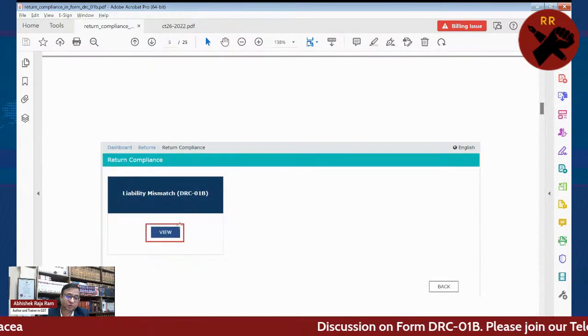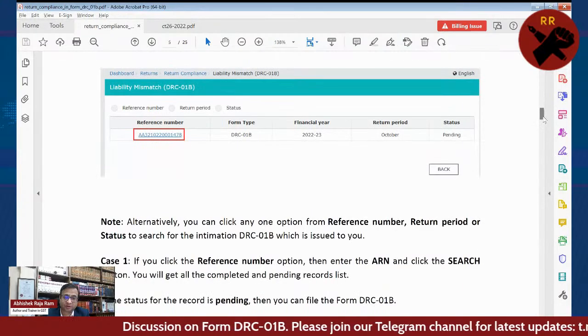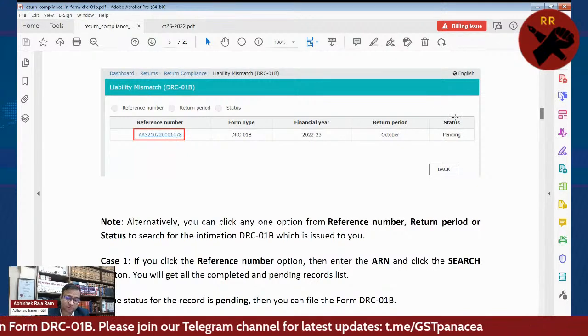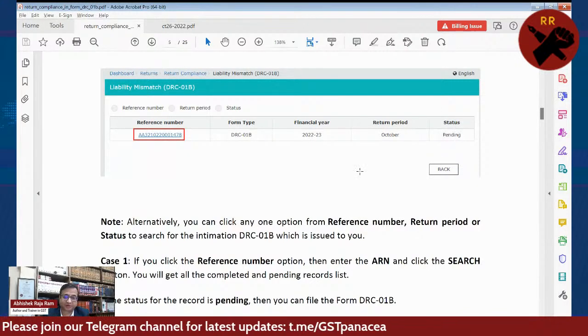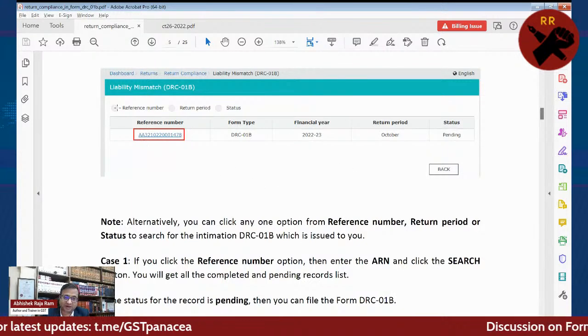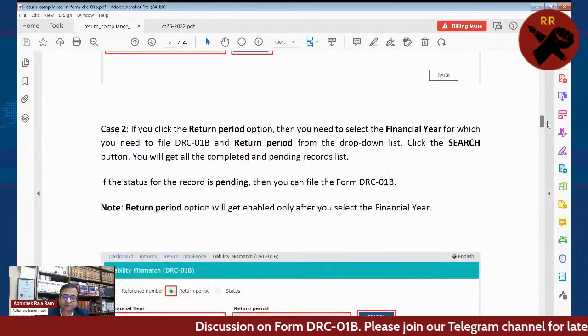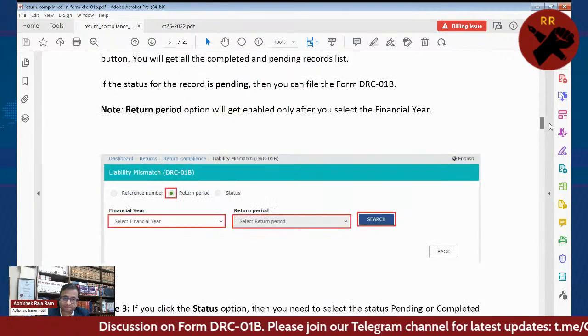This is the notice issued. You click on the view and then the form will be, this is the reference number, this is pending. Once you reply to this, it will be showing as completed. आप reference number पर click कीजिए and this form will open. Otherwise आप अलग से भी reference number के through search कर सकते हैं if you want.